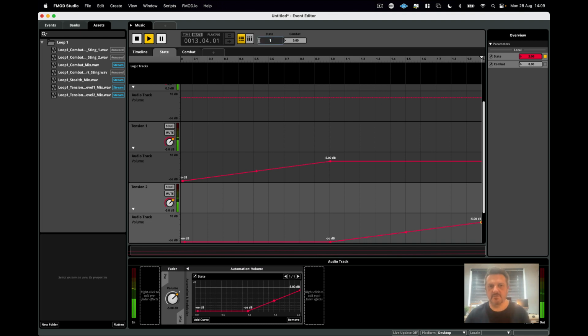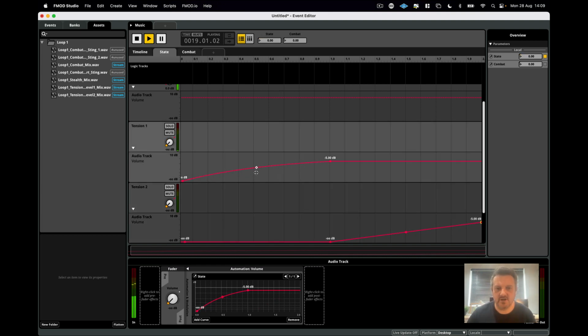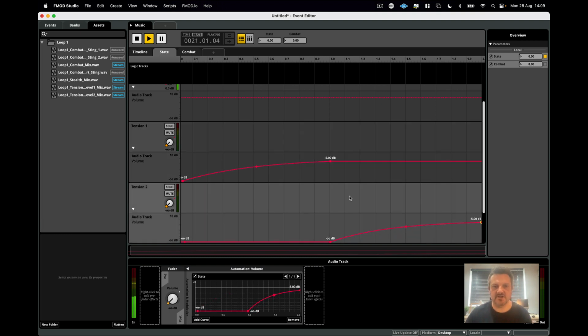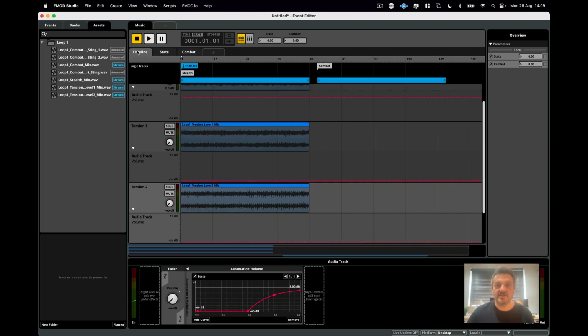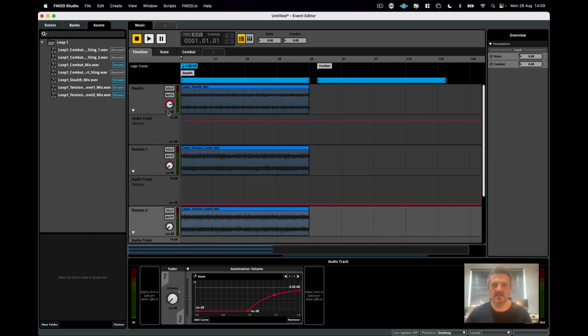And it also works in reverse, so let's go back to tension 1 and then back to stealth. And you can also change the shape of these curves as well, which is really useful. You can add more gradual curves, faster or slower curves. Brilliant. Right, so we've got the main foundation of the track now working, which is stealth, tension 1 and tension